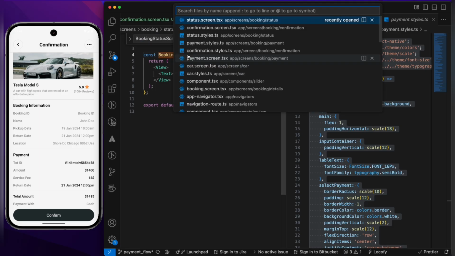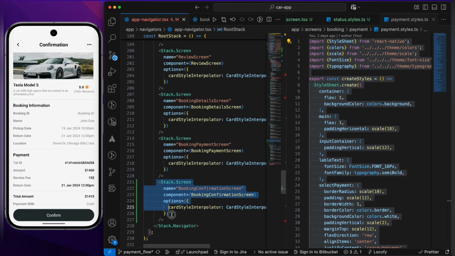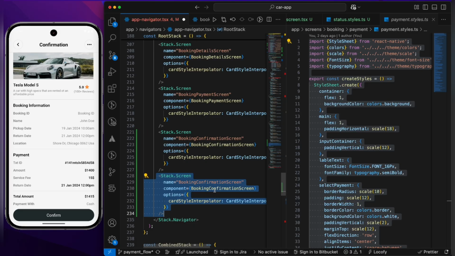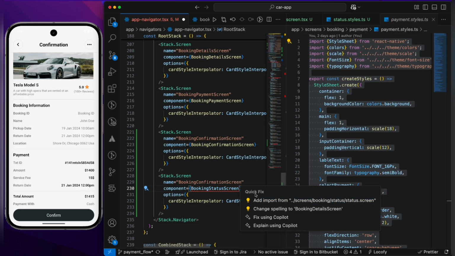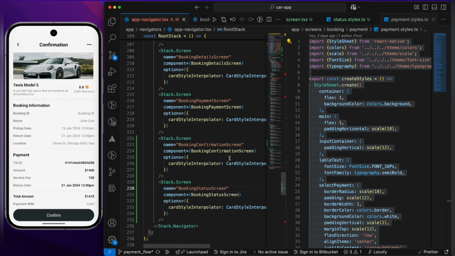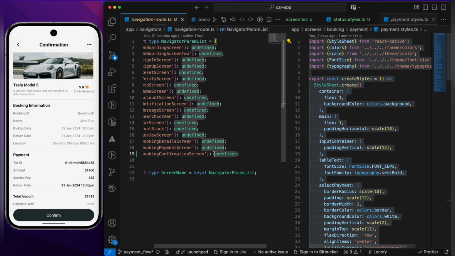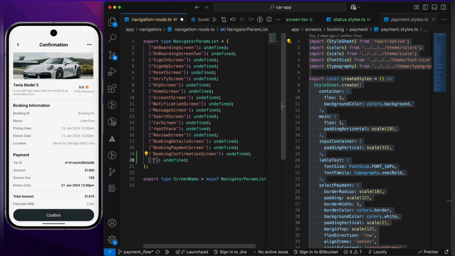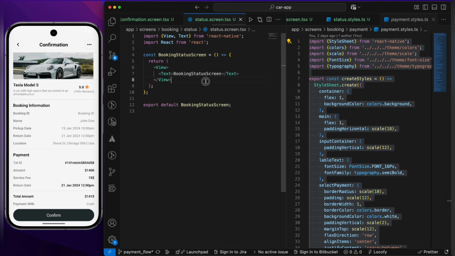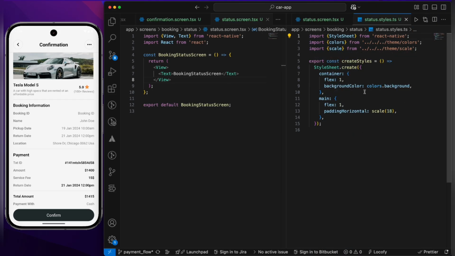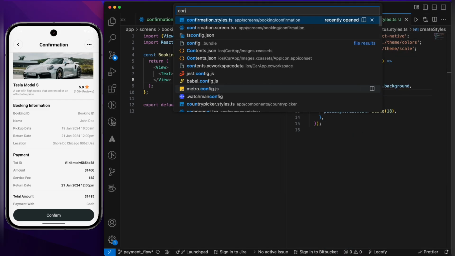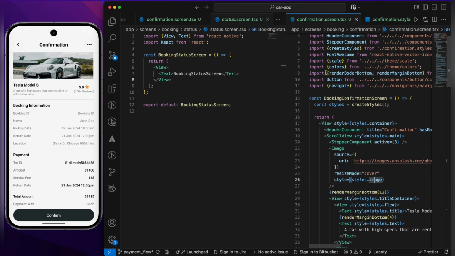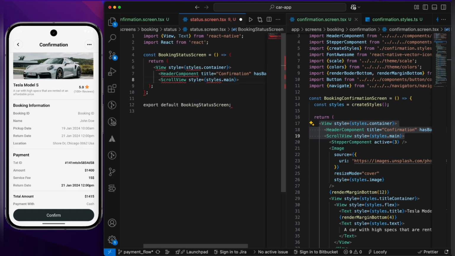And let's copy this, go to the app navigator, and over here just copy and paste the stack. Over here, instead of the component, type this booking status screen, import it, and let's write it over here, as well as let's write it into the navigator, come down and then paste it over here, and just go to the screen. And over here what we need that this confirmation style over there. So let's copy this till this scroll view and paste it over here, and let's close the bracket like this,